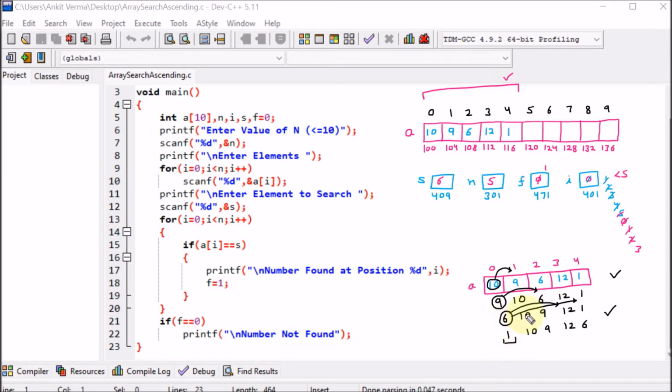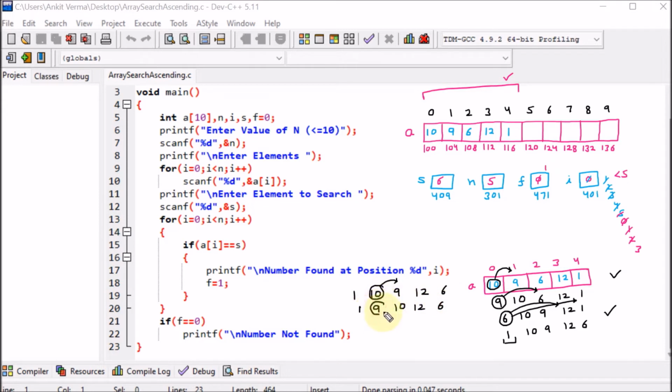Now again we will do the same thing with the next element. Let us suppose that here we are having 10. So now I am putting the same elements here: 1, 10, 9, 12 and 6. Here we will pick the second element, then again compare with the next one. Again you can see that it is greater, so swapped. So 9 and 10 will be there. Then afterward the rest of the elements will be as they are.